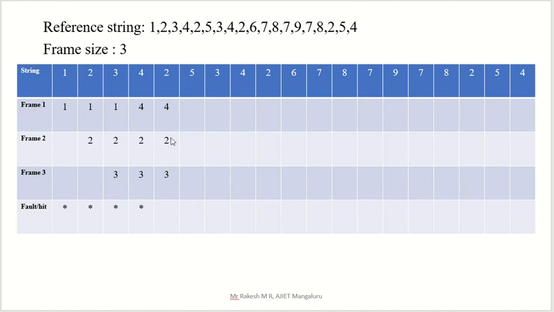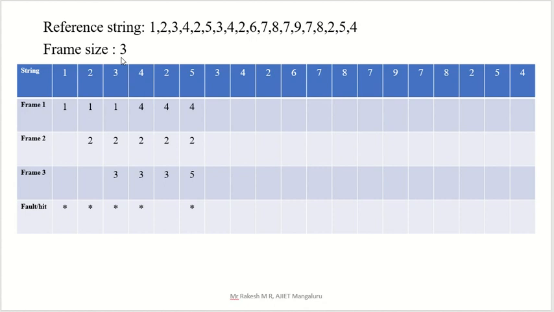So here 4, 2, 3. Which one we have to replace? 4, 2, 3. Compare. So here we have 2. Then we have here 4. Then we have 3. So 3, 4, 2, we have to replace 3. So this one we have to replace, and here write 5. Okay, then 3 is asked. Here 3 is not there, so which one do we have to replace out of this? 4, 2, 5. So here 5, here 2, here 4. 4 we have to replace because it was asked last, here last came, right? So in the previous optimal, this side we have to see, the right side.